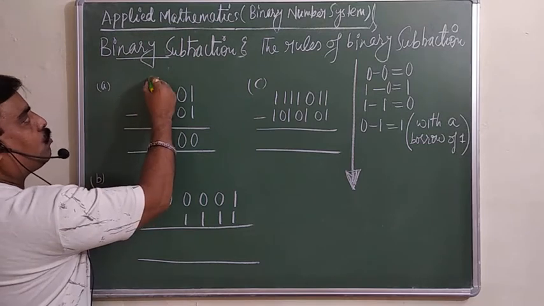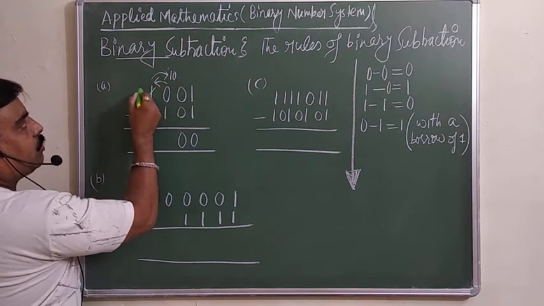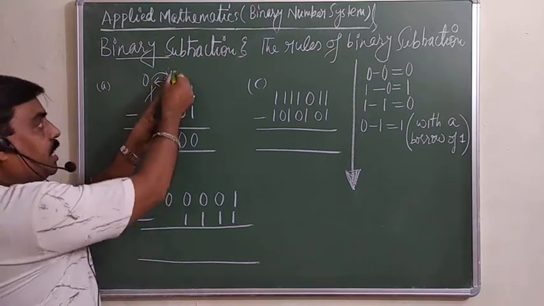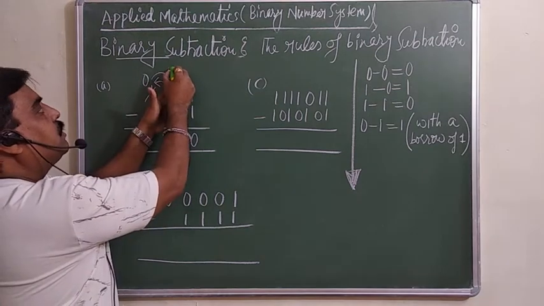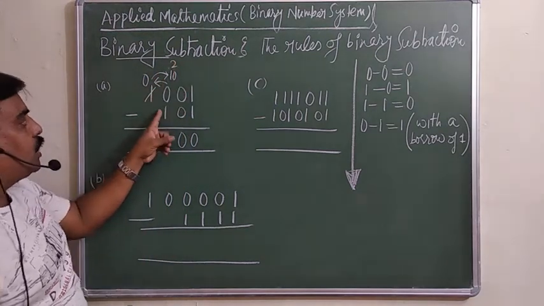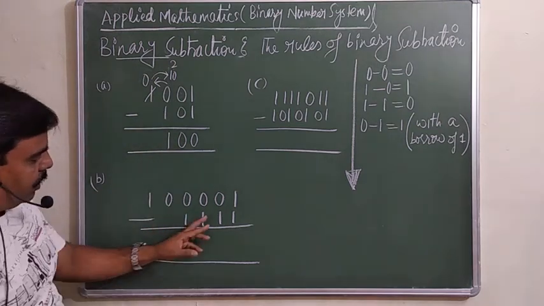जब यहां से 1 borrow करेंगे तो it's become a 10. It's become a 10. मीन्स और यहां क्या हो जाएगा? 0. बिकॉज 1 हमने ऑलरेडी यहां से बोरो किया तो इट्स बिकम अ 10. लेकिन 10 का मतलब 10 माइनस 1 नहीं हुआ. 10 मीन्स 2. 10 मीन्स 2 is here. So then 2 minus 1 you will do? You will get the 1 is here. This is your answer.